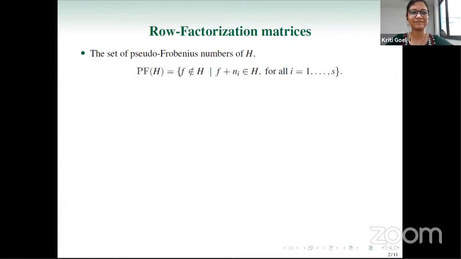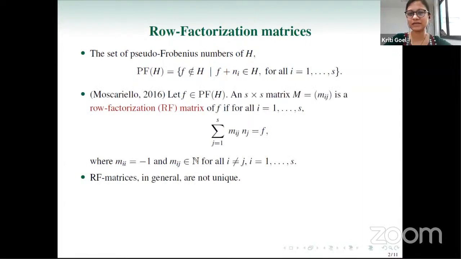And as soon as we have a setup of S equations and S variables, we can always go back to matrices. And this is the idea that was picked up by Moscariello in 2016. Given a pseudo-Frobenius number, he associated an S cross S matrix with it using the above definition. So let's go through this. We have a pseudo-Frobenius number F, and to this we associate an S cross S matrix, which he called a row factorization matrix, such that when we look at the